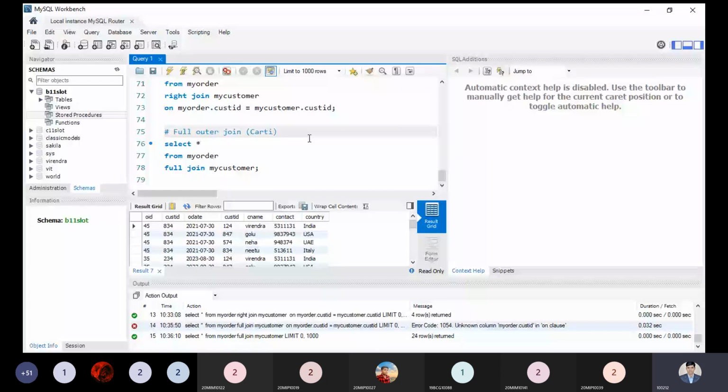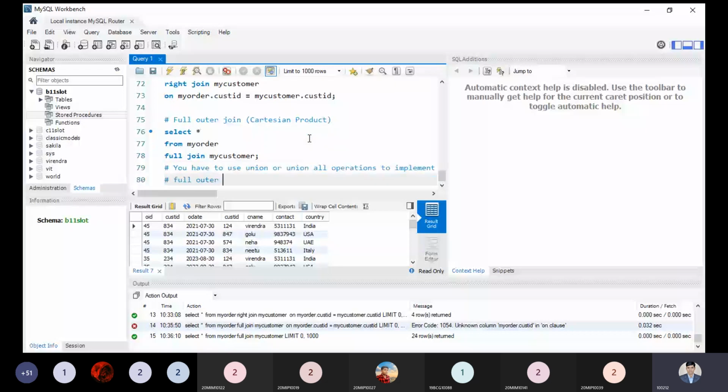It is a Cartesian product, but in the full outer join, the null and null should become available over here. Because the full outer join is not easy to implement, you have to use the union operation to implement the full outer join.